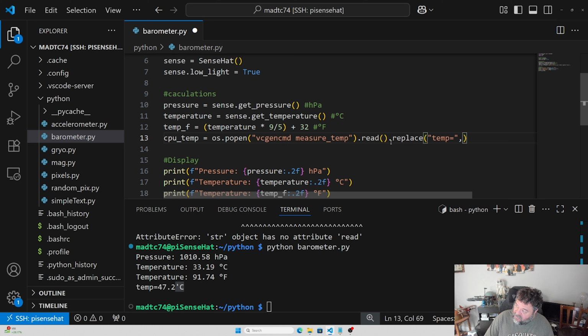Okay. Then I'm going to bring back nothing. Okay. And that's going to take care of this temp equals right here down in our output. So temp equals will be removed and replaced blank. And then I got this